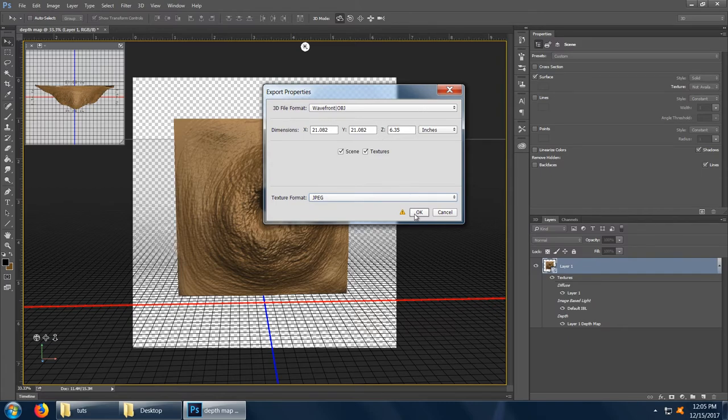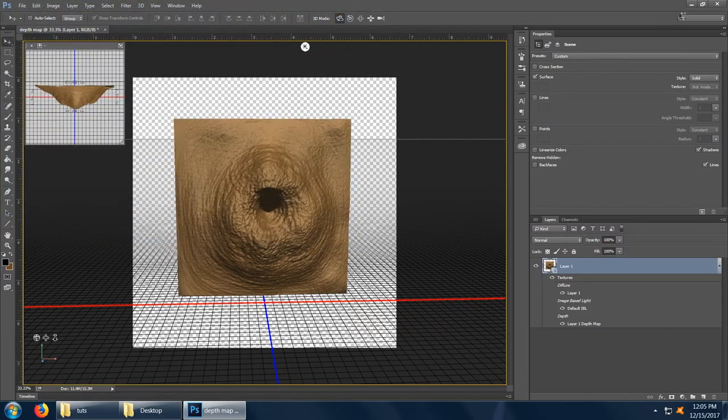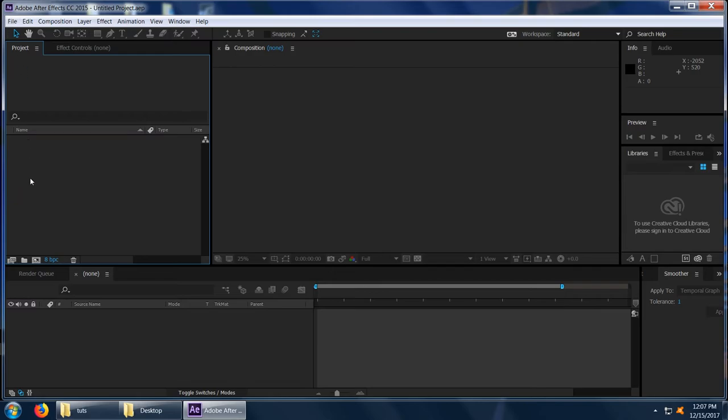And then click OK. It'll ask us where to save it. So I'll put this in my tutorials folder. We'll just call this Volcano. Save it. Alright guys, and now once we're in After Effects, the first thing we want to do